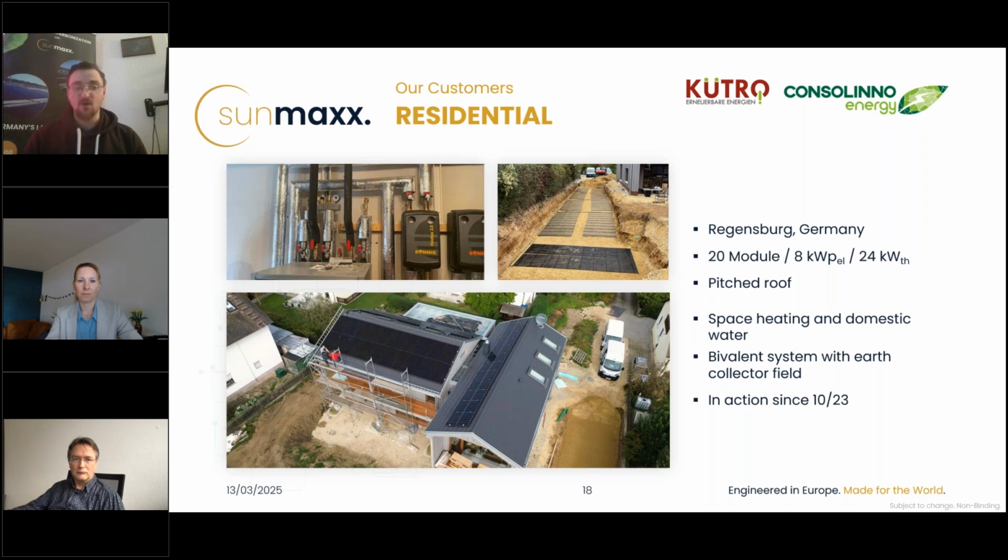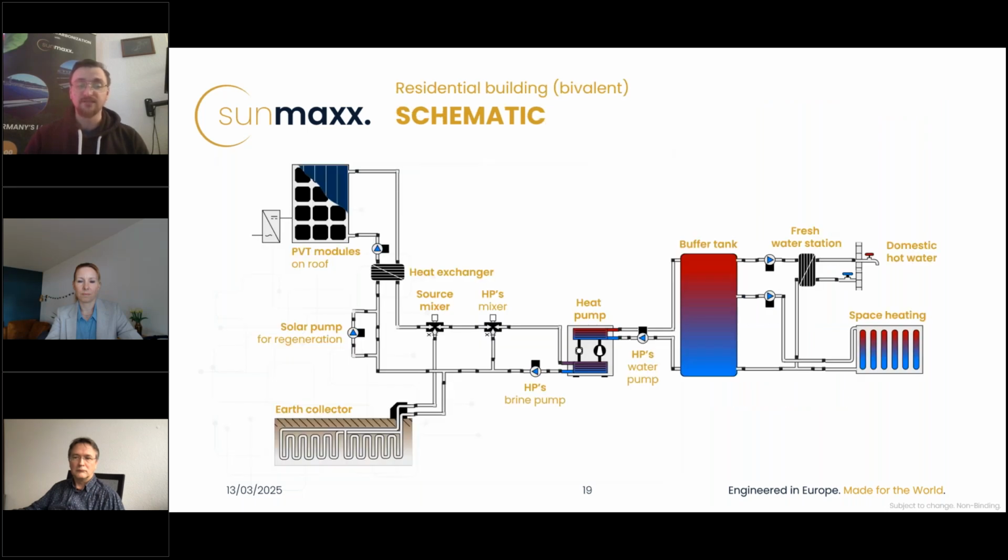Even in single family homes, we can combine PVT with earth collectors, like you can see here on the roof. There we have just 20 modules on the roof combined with an earth collector field. And even here, if we take a look at the schematic system, we have the PVT modules, we have the earth collector, and now we have the chance with the intelligent heat pump that the heat pump can use the PVT module as a source, or it can switch to the earth collector, or we can combine both sources.